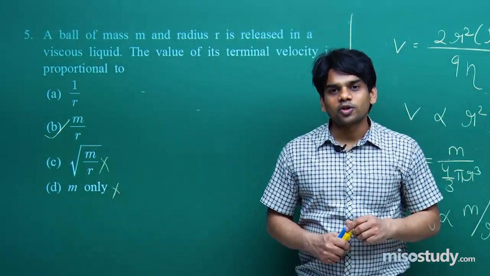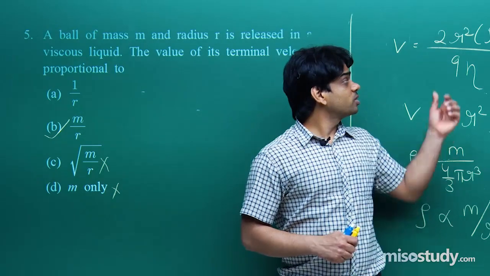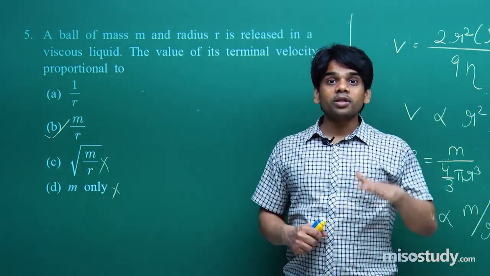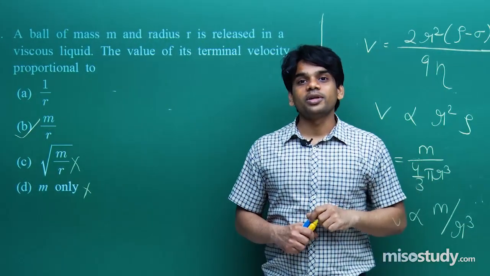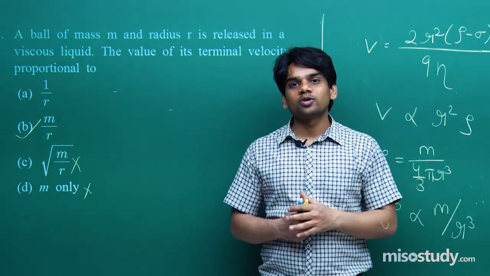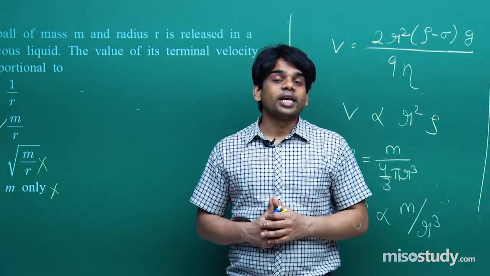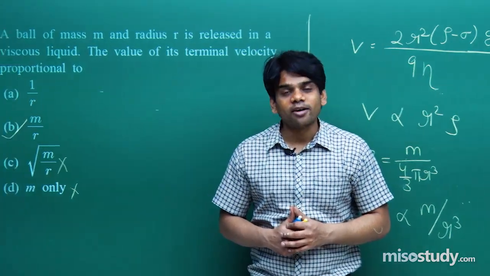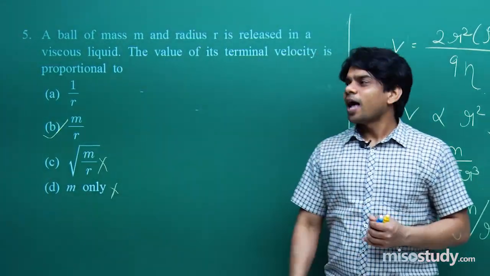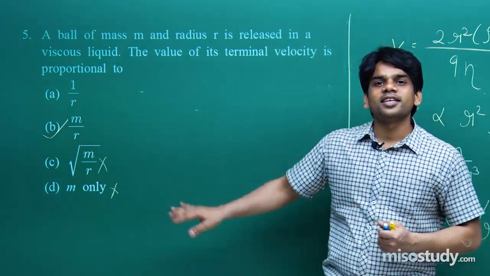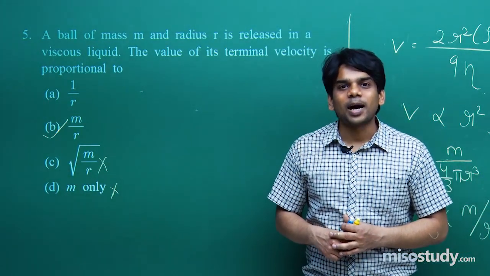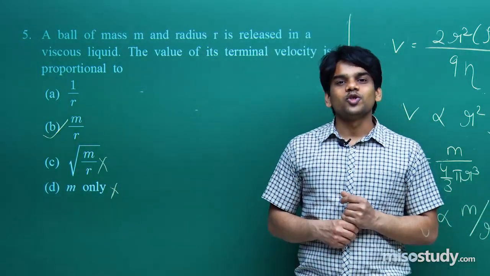Do remember the velocity of efflux formula also. Do remember this terminal velocity formula. Do remember the height of the liquid column in the capillary tube, that is h equal to 2s cos theta upon r rho g. All this will be of great help to you all. So I have covered this first set of 5 questions in this class. I will be discussing some more better questions in the next section of this chapter, and I believe that you are enjoying learning with me